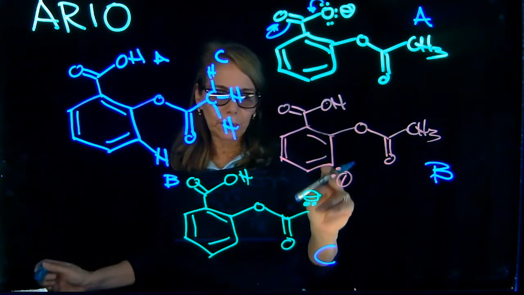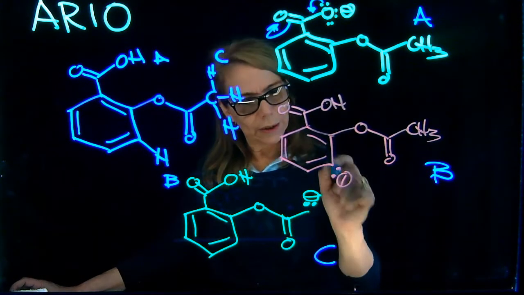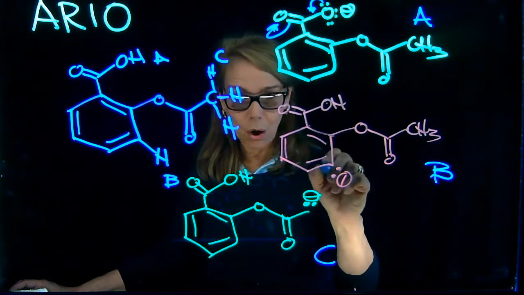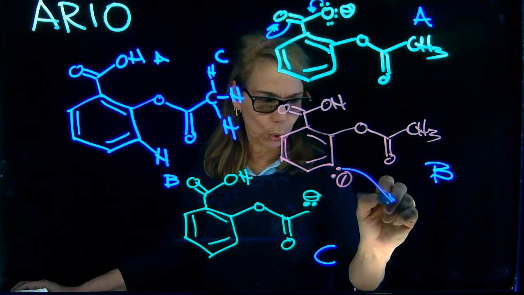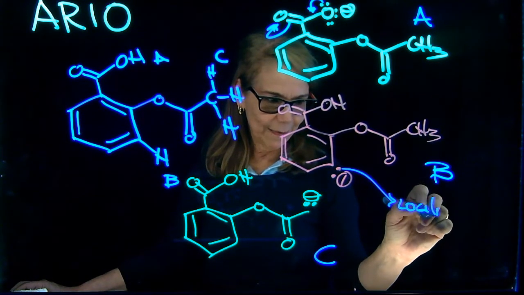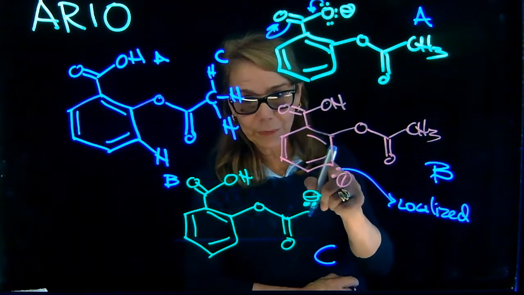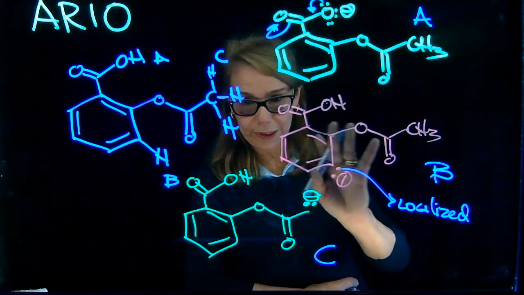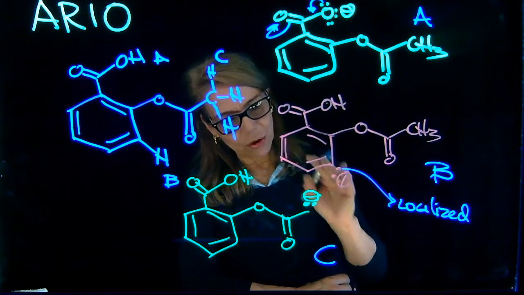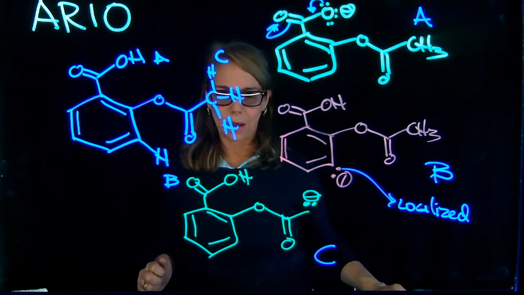Then I need to analyze these two. Here, the lone pair is actually localized. I cannot do resonance, and it is on an sp2 orbital. So, no way I can move that. But on the other hand,